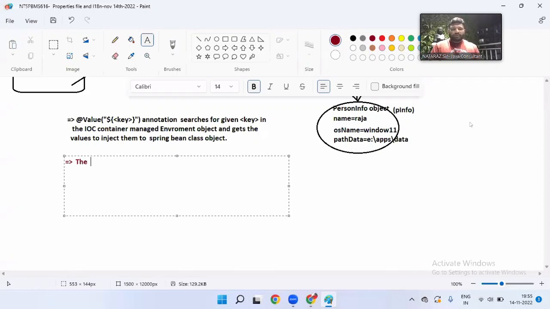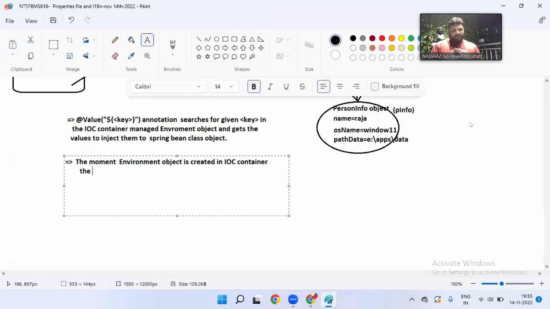The moment environment object is ready, the moment environment object is created in IOC container,